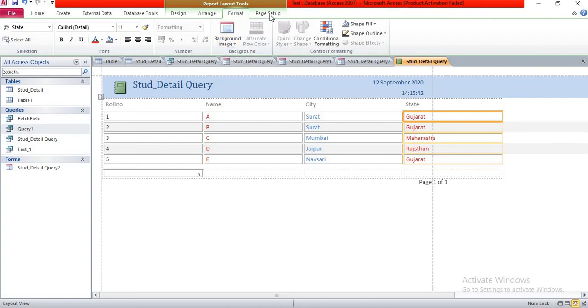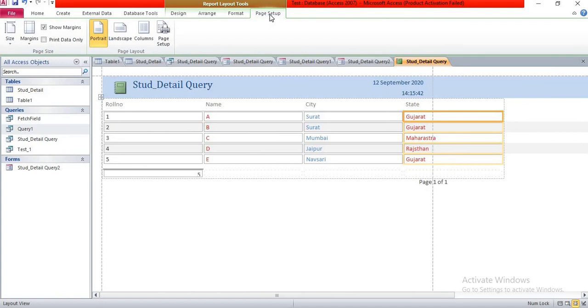In the page setup group, we may see various commands. We may set margin to the page containing the report. And you can set page layout in the page layout group. In the page layout group, we can set portrait and landscape of the report. See, this is landscape and this is portrait.